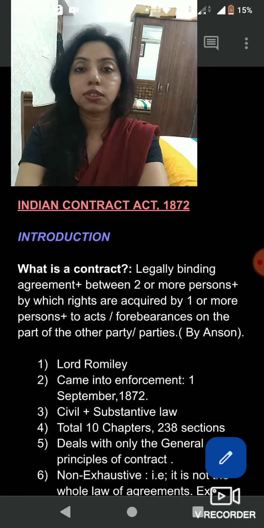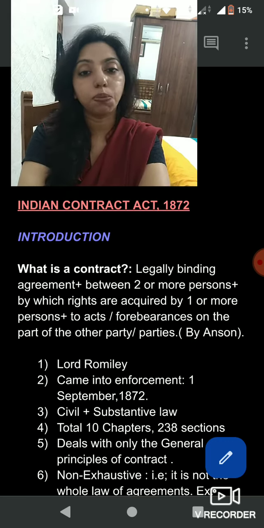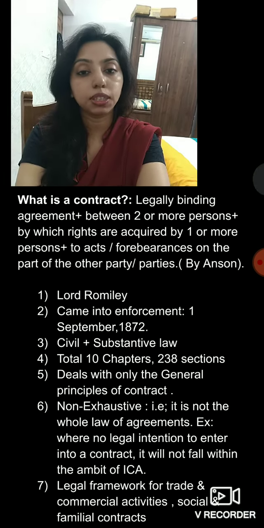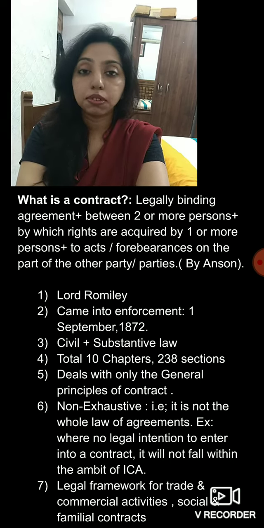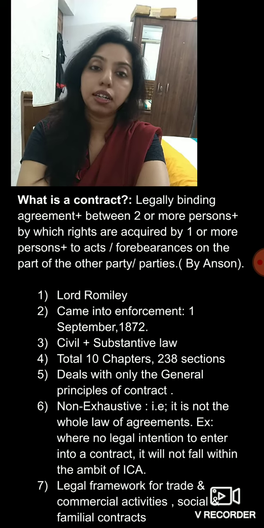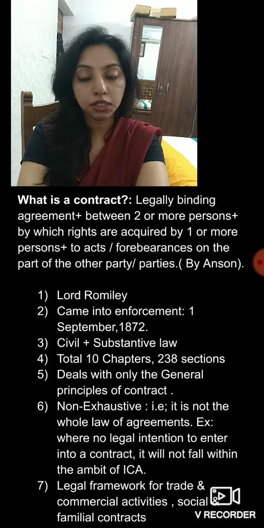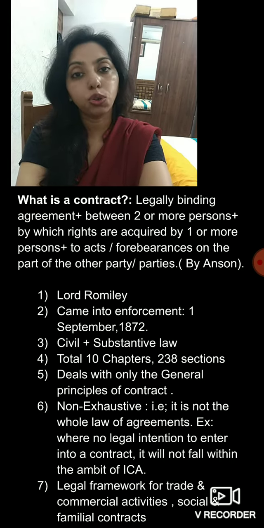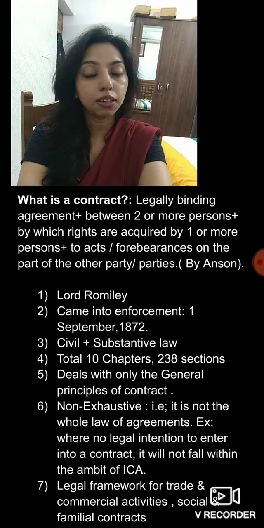So this act was basically drafted under the chairmanship of Lord Romilly and it came into enforcement on 1st of September 1872. It has overall a total of 10 chapters and 238 sections. In fact, earlier it had two more chapters, chapter 7 and chapter 11. But later on, those chapters were repealed, and chapter 7, after being repealed, was enacted in the form of the Sale of Goods Act. And similarly, chapter 11, that was repealed, was also enacted in the form of the Indian Partnership Act